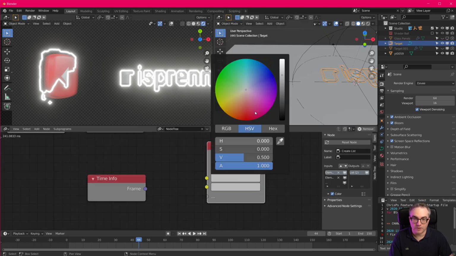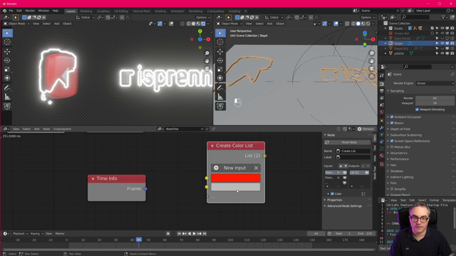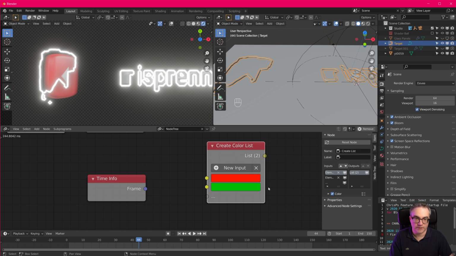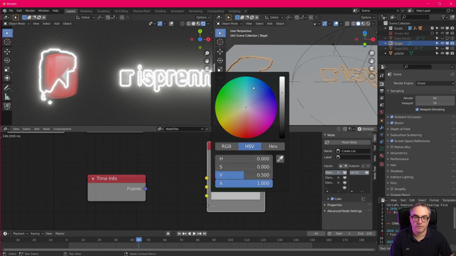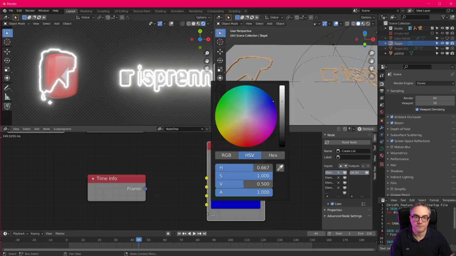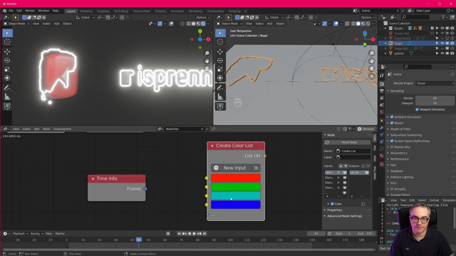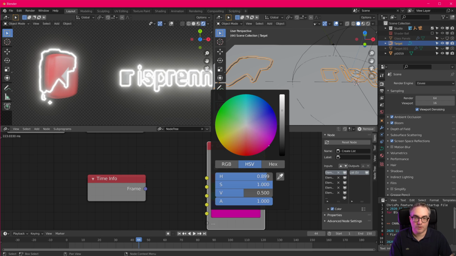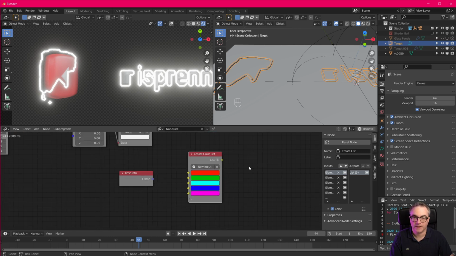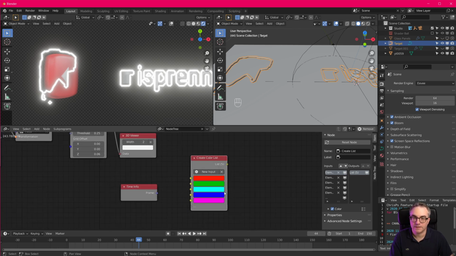Awesome. Now let's plug in a red color with full brightness. Let's do a green color. Then we can add some more inputs here. One of those, and then another one, maybe blue, and this one isn't quite bright enough. And let's do another one. Let's do purple like this. Okay, so we have 1, 2, 3, 4, 5 colors,